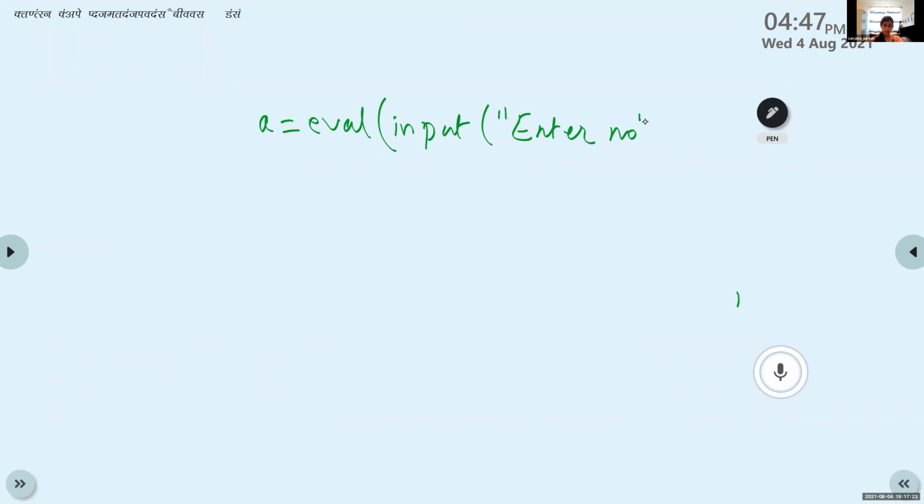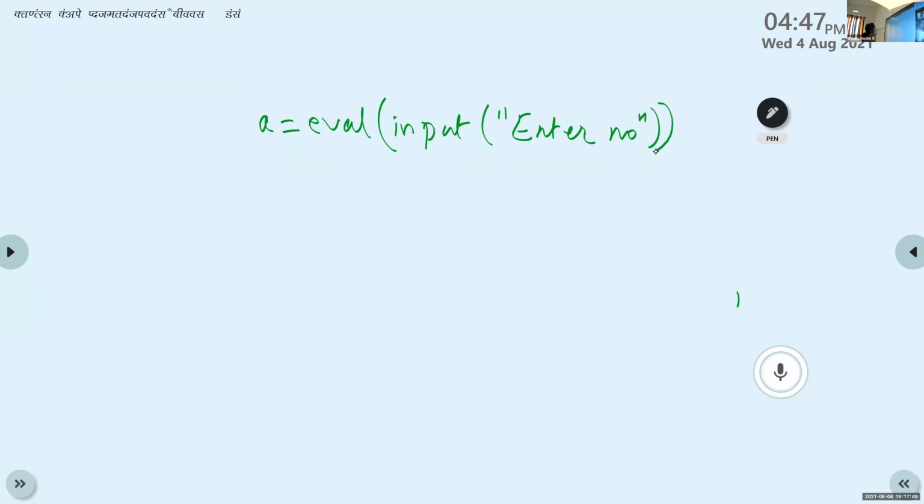Okay, correct statement. That is, A is equal to eval instead of int, we can use eval also for inputting an integer value. For inputting an integer value, we can use two built-in functions. The first one is int and the second one is eval. So within the eval bracket, write the input function, that is input enter number.